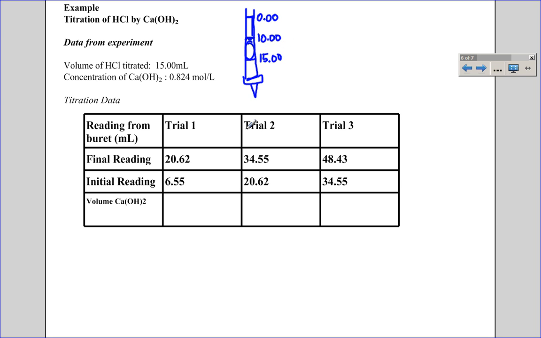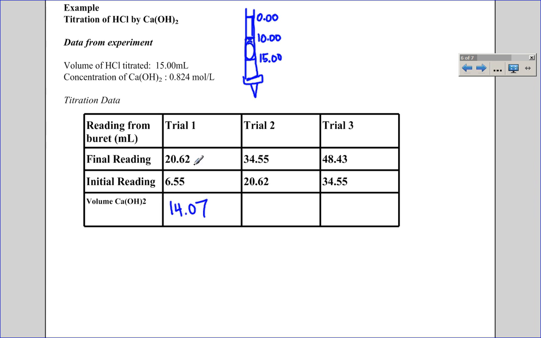Now, when we do titrations, we're going to end up doing more than one trial if possible. It's always best, in order to obtain precise results, whereby we get several sets of data that are repeated, to do more than one trial. So when you do a titration, you're going to have a data table that looks something like this, where you have your readings from your burettes from your different trials. For each trial, you have a final reading and an initial reading of the burette. And in order to figure out how much solution was added from the burette, you need to find the difference between these two values. So for example, in this case,